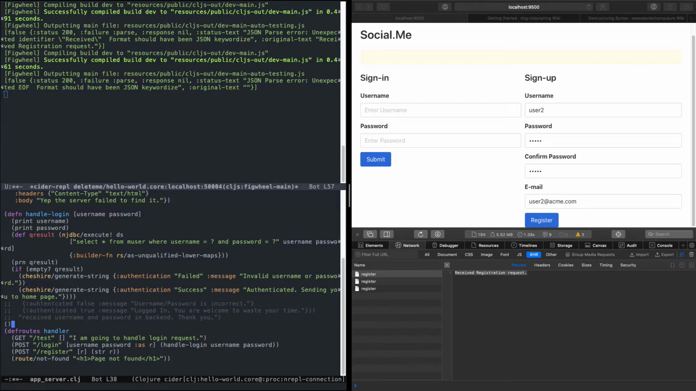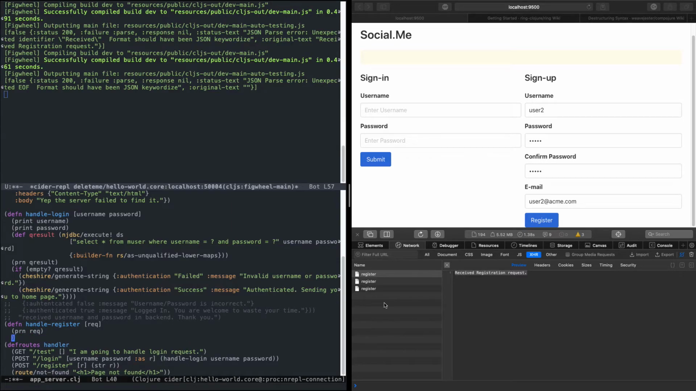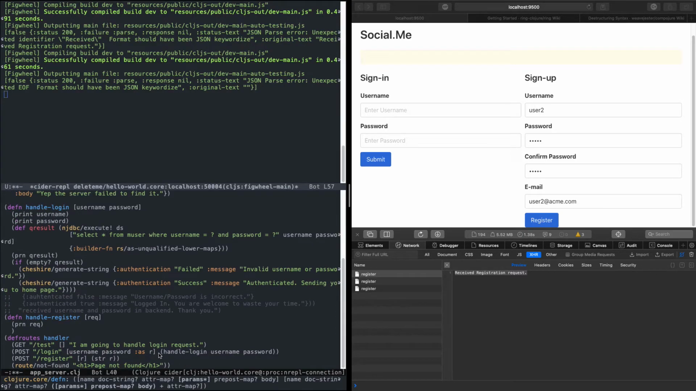So let's call this step handle register. Let's call it req to handle the request, and print the request, and then return something like just a string. Okay,